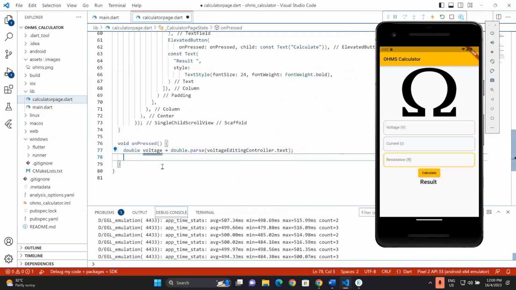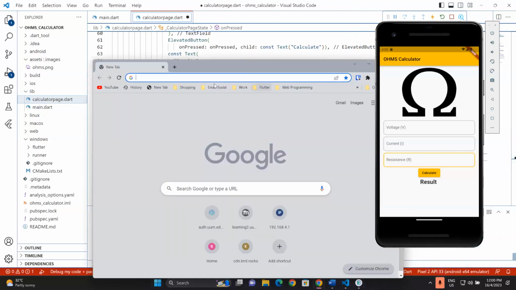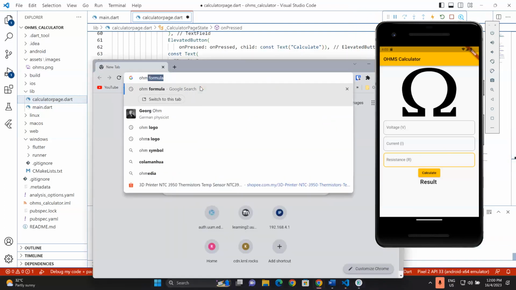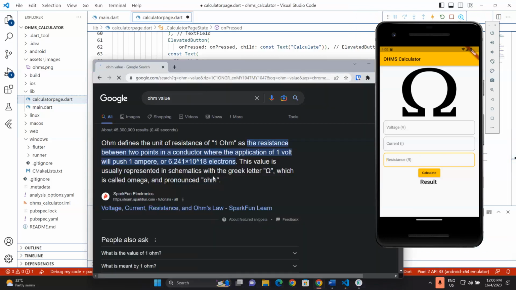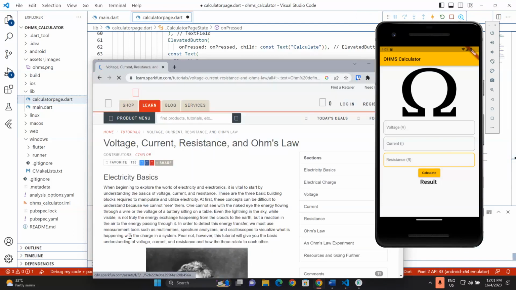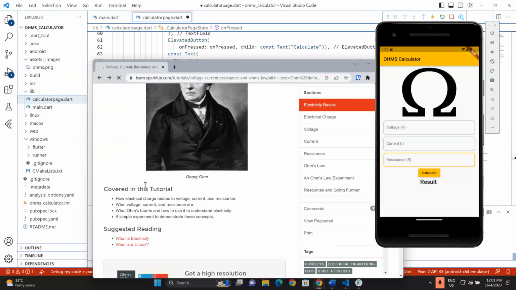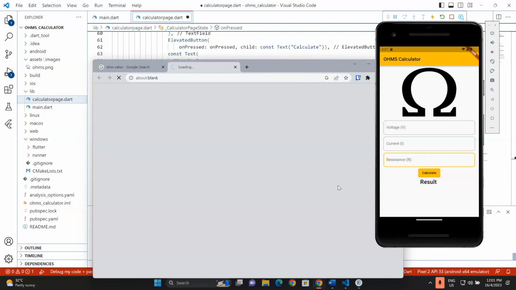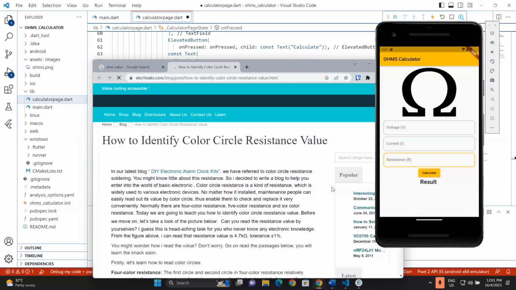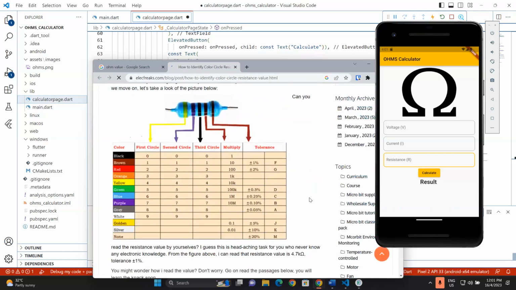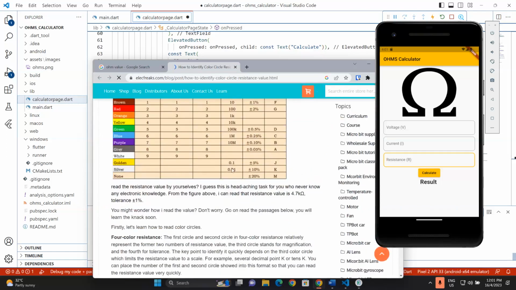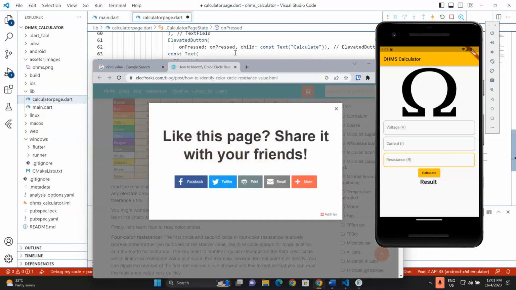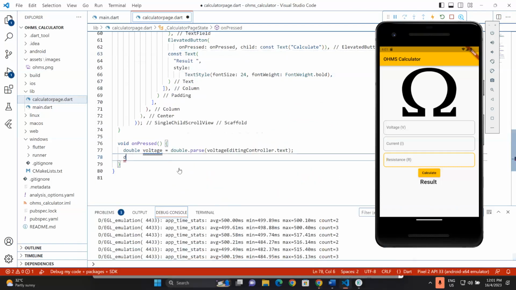And then the second one, we need to get current. Okay, so current value, ohms value. All right, so is there any ohms value with a decimal point, so that we can define as double? Not quite sure. Usually I use 1 kilo ohm, 2 kilo ohm, but I'm not quite sure if there's any 1.2, 1.3 kilo ohm, something like that. There's a value for that also. 0.1 also got. So it means that we can just use double. Okay, so same double,